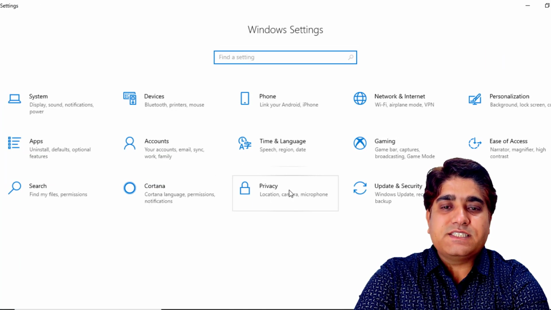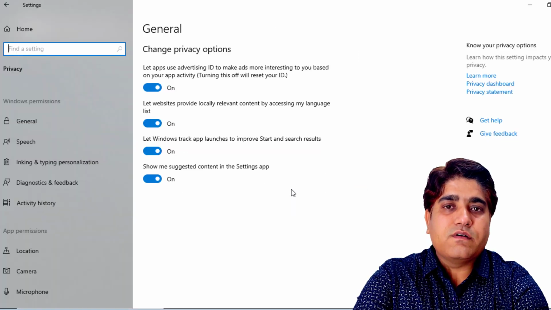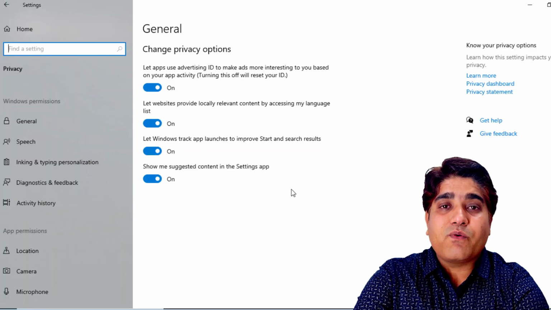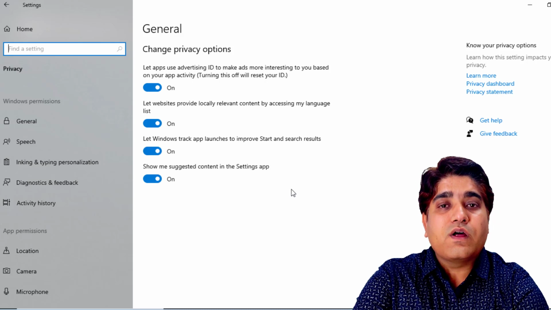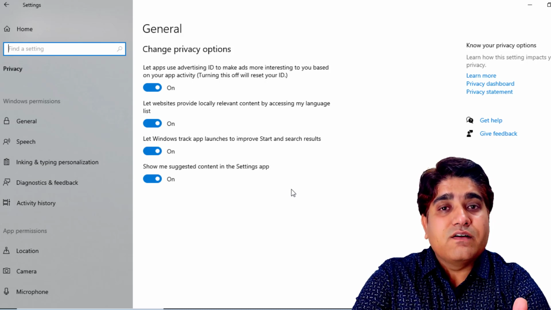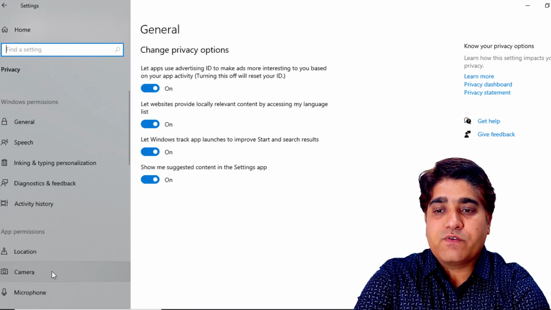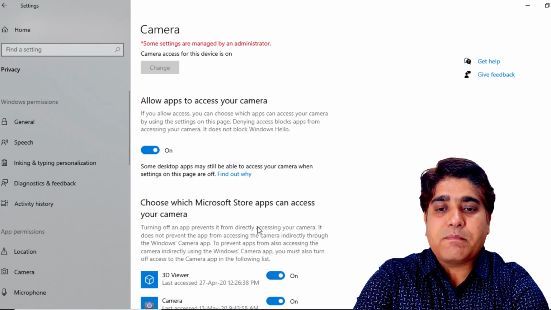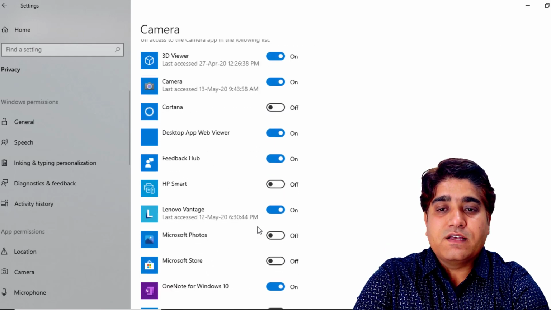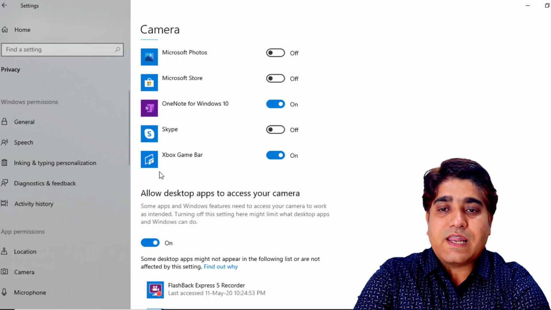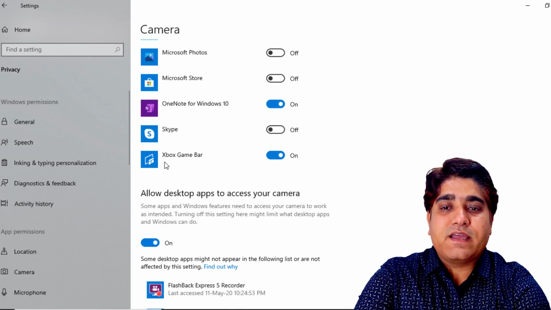here the privacy settings tab is mentioned. Here we have to check whether we have provided sufficient permissions for Game Bar to record our audio as well as our video. So I am going to the camera permission shown here. I have to check the last application, that is the Xbox Game Bar, and that is on.